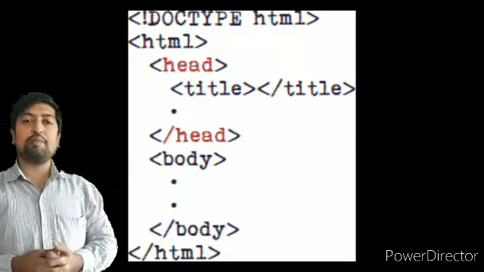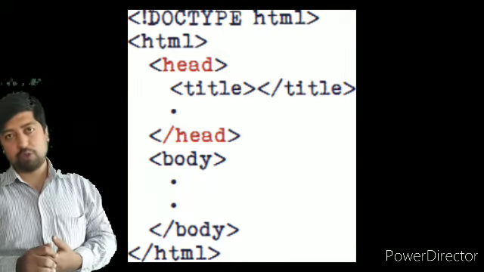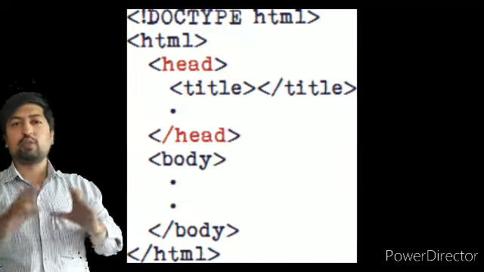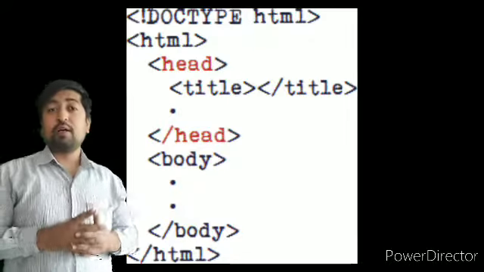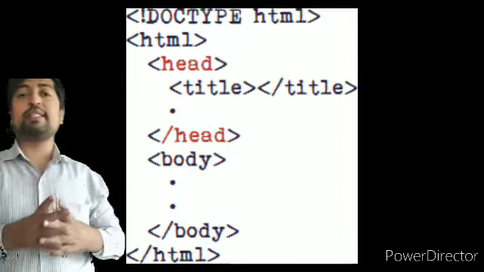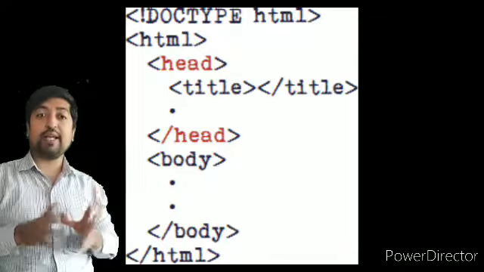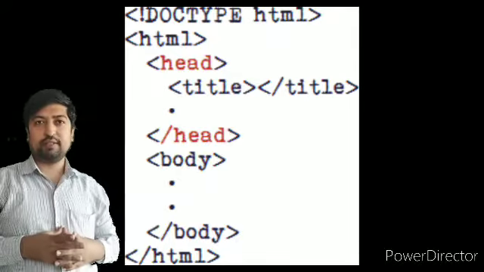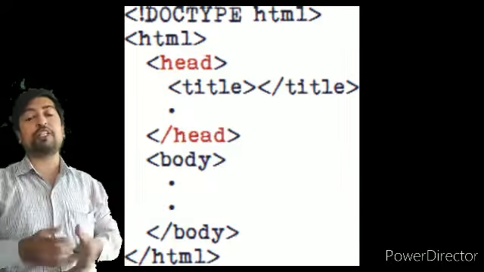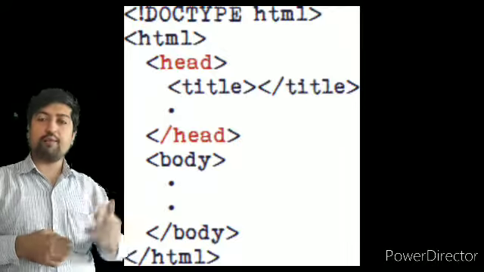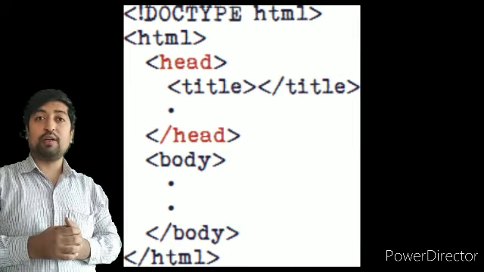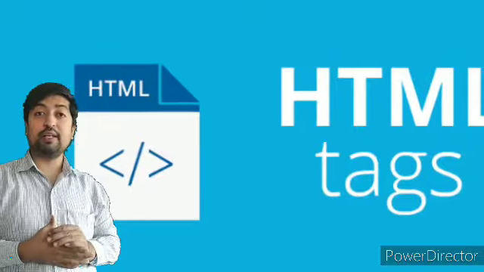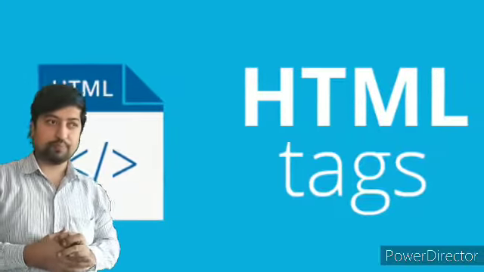An HTML document is made up of a large number of codes. That code is written in the form of tags, so the tag is very important. What is a tag? A tag is a word which has a special meaning that will be useful to change our document within the given tag.